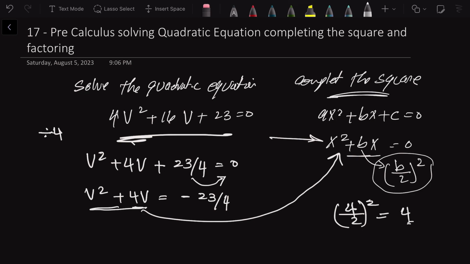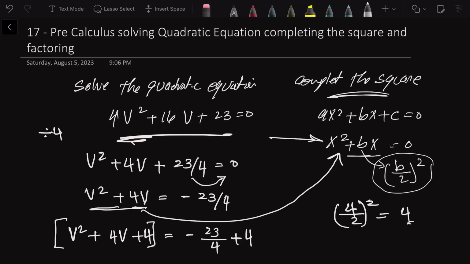So we add 4 to both sides. So we say v squared plus 4v plus 4 equals minus 23 over 4 plus 4. And now we completed the square